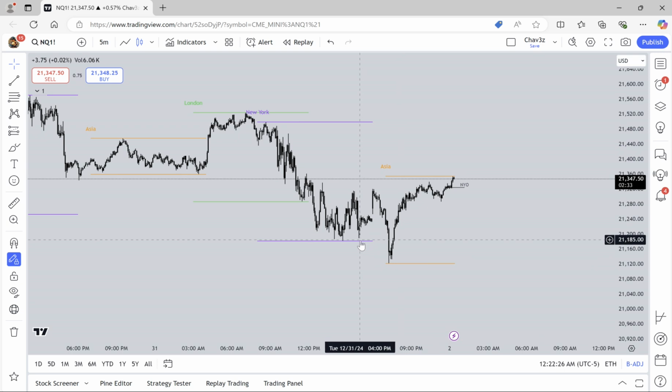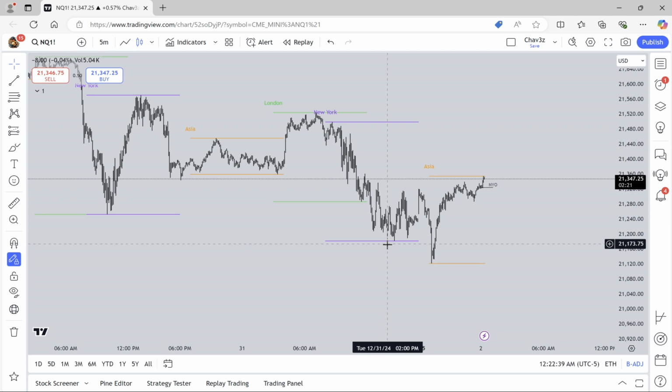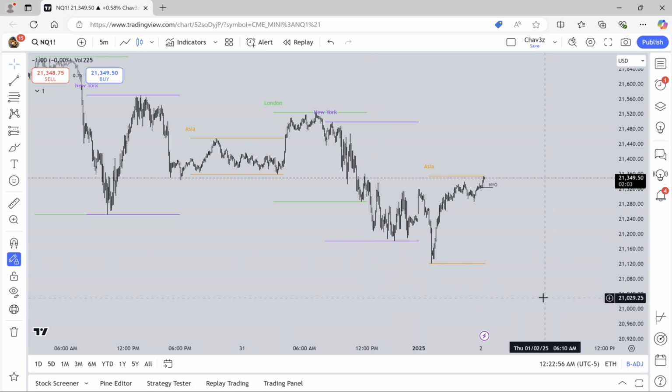So when we take previous day low during Asia, the probability of the market going higher, or having a bullish run during Asia and London, increases because all of our liquidity is resting at the previous day low and previous day high. That's why those are always my go-to targets every time I do daily bias. It doesn't matter what day it is, if it's raining, if it's snowing, if it's the Santa rally, if it's a presidential election. Every single day I start, my targets are previous day high and previous day low.